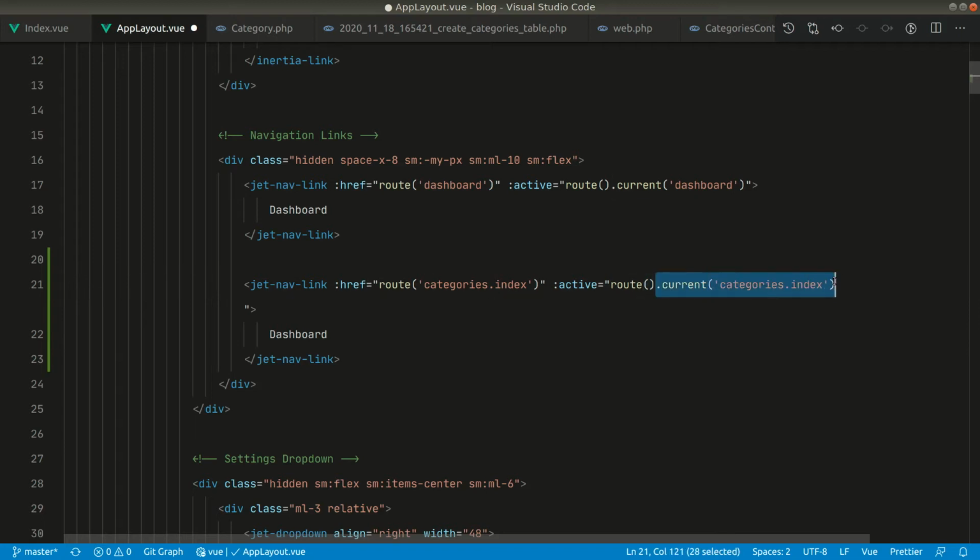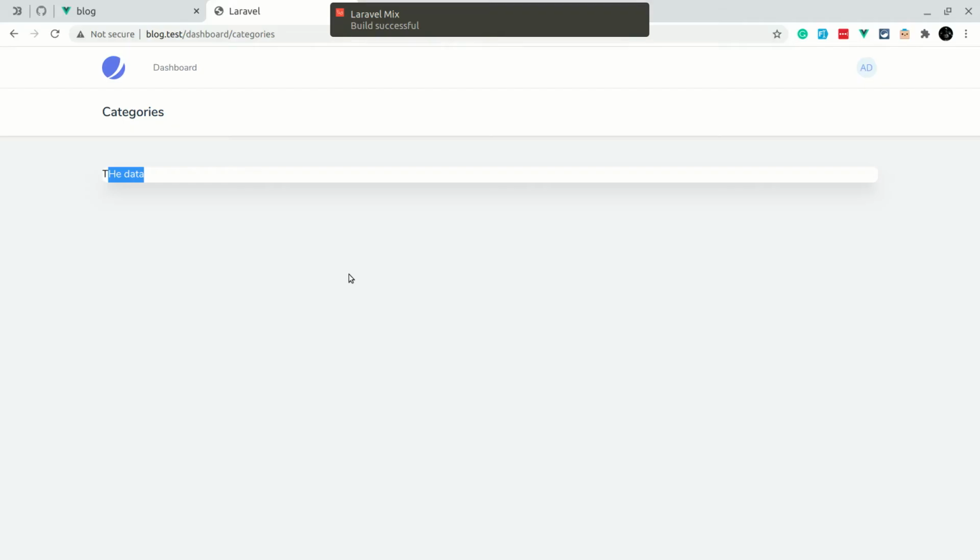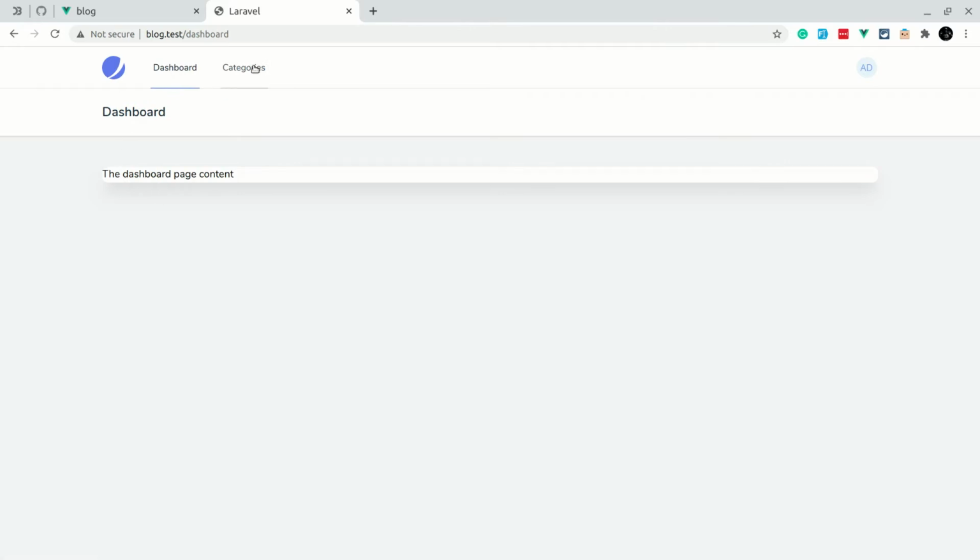It will just compare these two routes and make that active. And let's say categories here. Now if I refresh the page, you can see the categories highlighted. If I click on the dashboard, it will take me to the dashboard, and if I click on categories, it will take me to the categories.